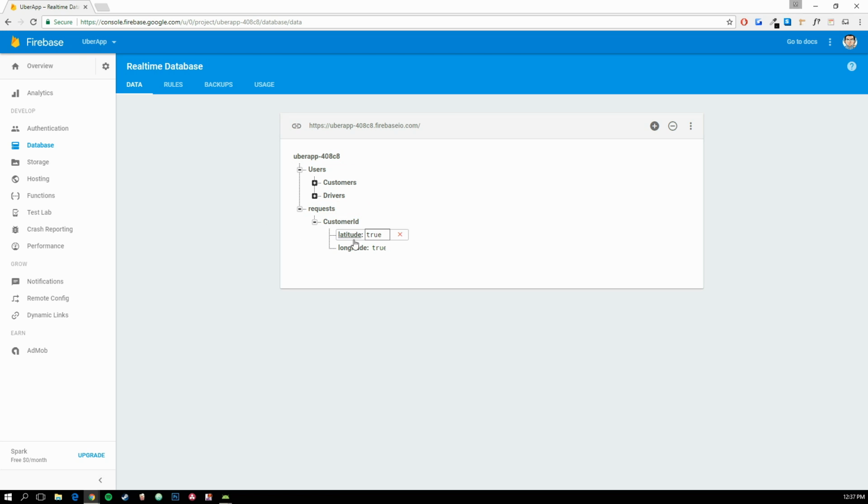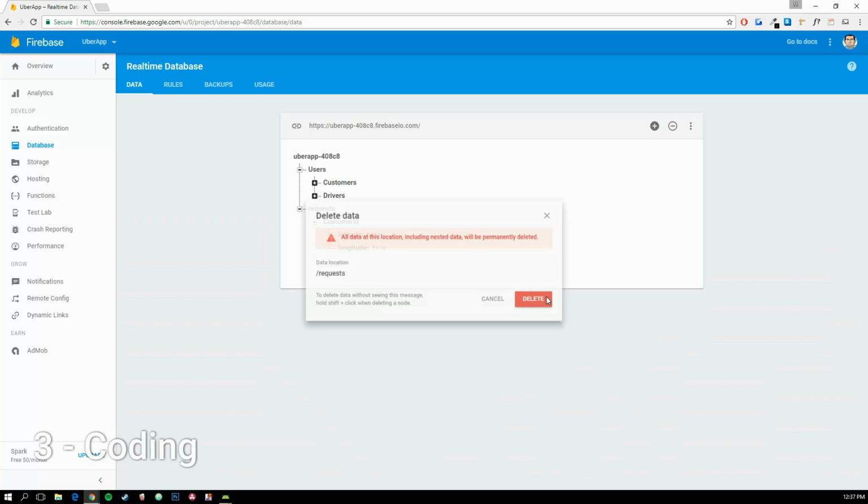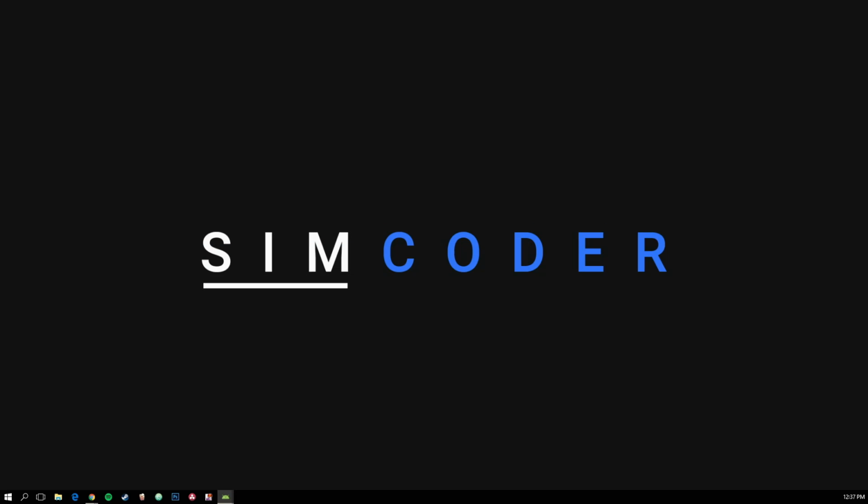So this way, each customer will only be able to make one request because the customer ID is what identifies each request, and that way, if the user recalls the Uber, it will only overwrite this and nothing of significance will happen. So the code will be really similar to the driver's current location, and you'll see it's really easy. So let's get right into it, let's first of all delete that